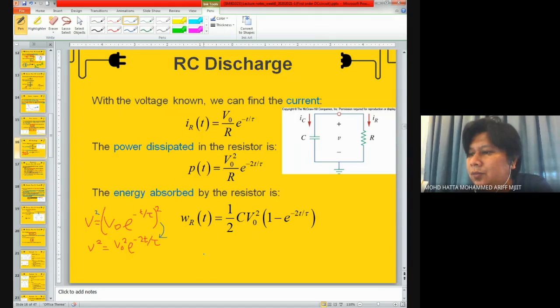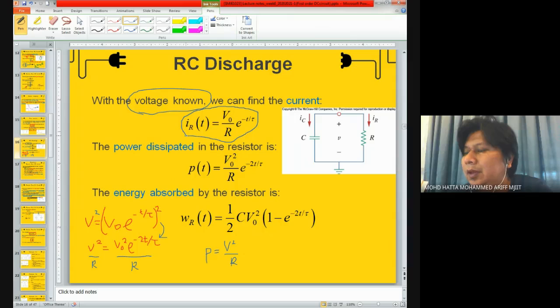All right, and for power, you know the formula of power is given by V squared over R. So just put in the resistor value over here. That gives us the value of power. You can also use I squared R, but I think this is the easiest way because the voltage is known. You don't need to find the current. If the question asks you about current, maybe you can also find the current. If you look at this current equation, it's also the same. If you work out I squared R for power, it will give you the same answer as this. So I think it's easier for us to take the voltage equation and square it to get the power dissipated